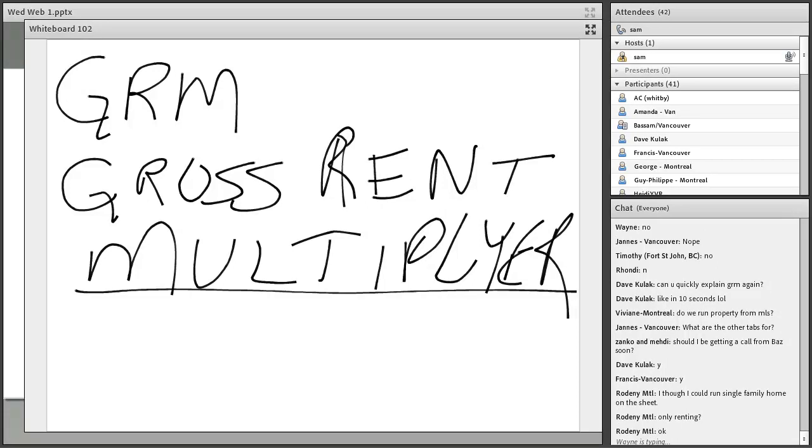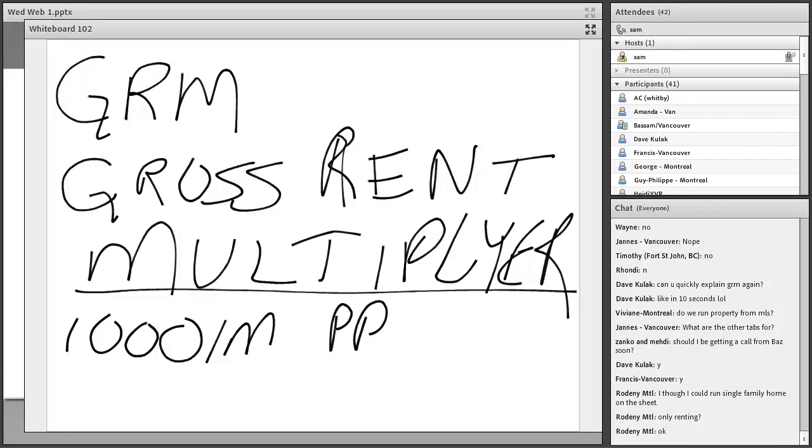Now here it is. Ready? You walk up to a house and check it out, and you ask, what's the rent? They say $1,000 per month. Okay, cool. And what's the purchase price of the property? What are they asking for? They say the property is $100K. Right on the spot, you can get a quick calculation to see if there's an opportunity. How do we do that?